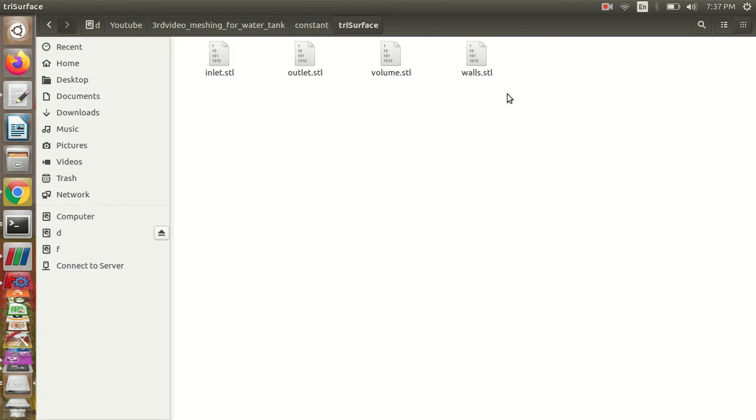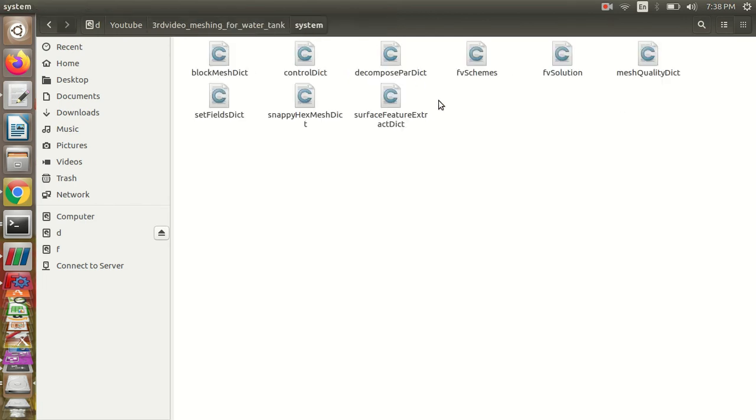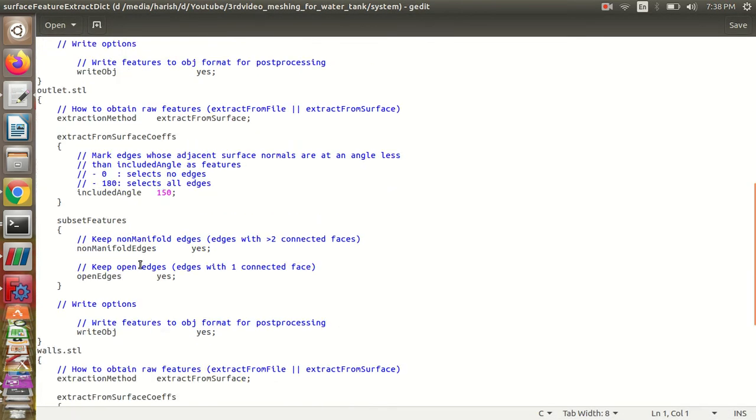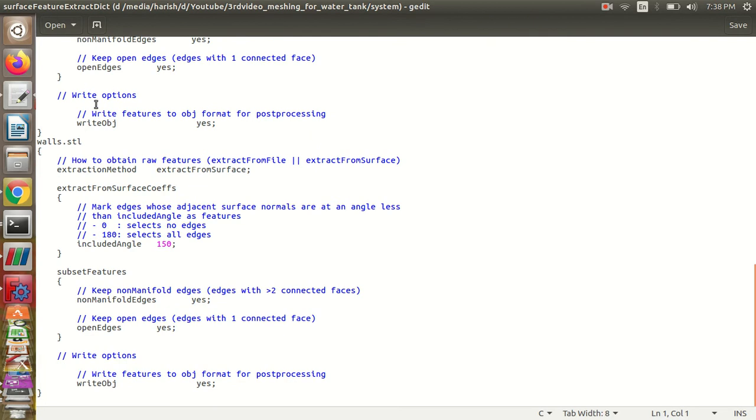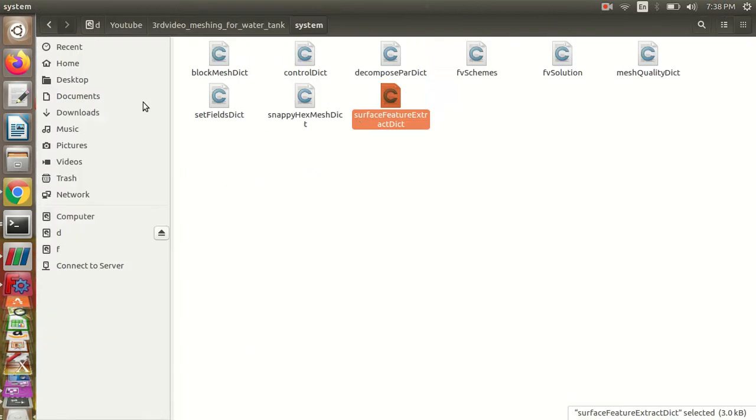These are all your patches, correct? So to understand, I'll say it as patches. You just need this patch information, that means your surface file, which is going to be surrounding your entire volume. You only need to give that information here. You are just going to extract the features of the surfaces alone. That is what the surface feature extract means.